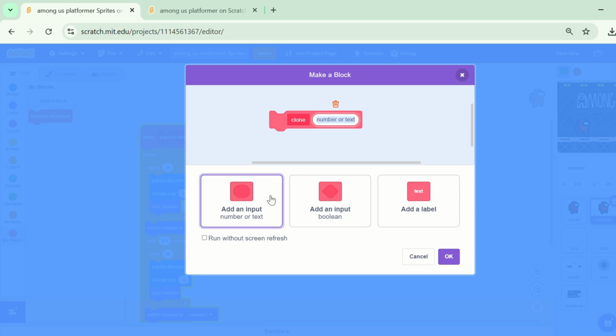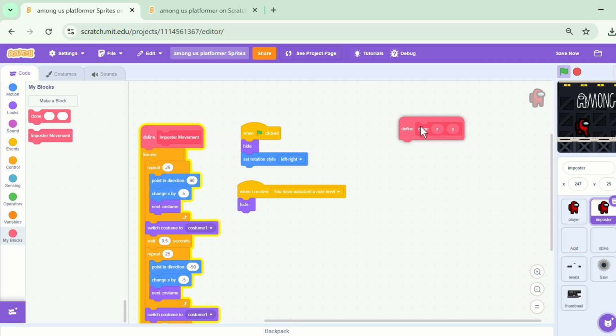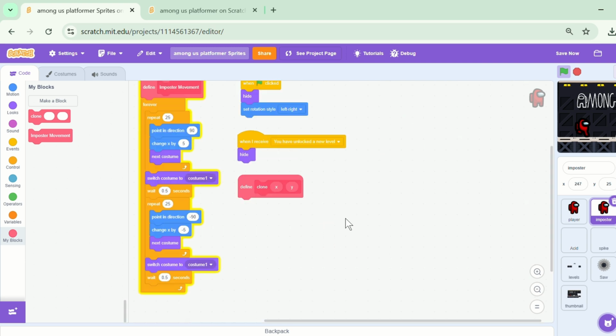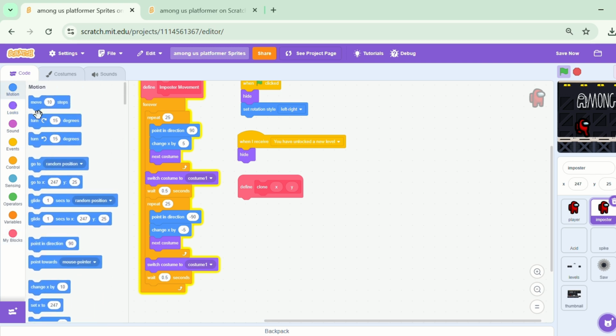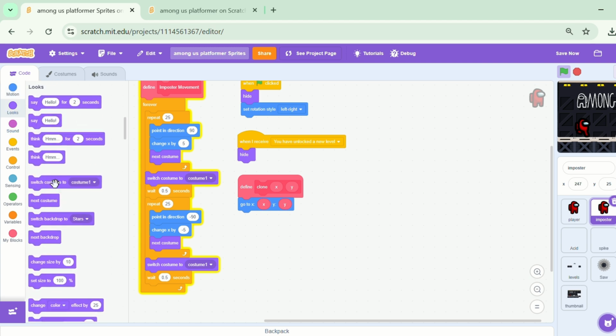Here I'm adding two inputs. One is x to set the x position and the other is y to set the y position. Okay, clicking on OK. Now let's define this one. So clone x y means going to x and y according to the x and y block, dragging and dropping here. And the look, the costume, should be walk costume. Switching costume to walk